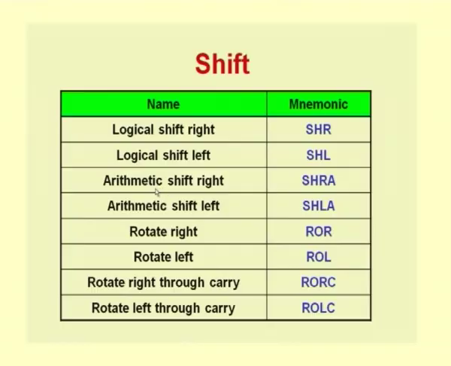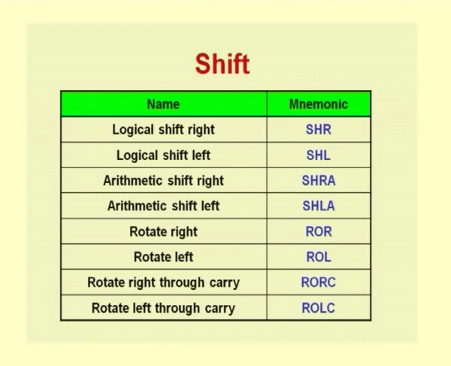This kind of arithmetic shift right and left is very useful when you are doing arithmetic operations like multiplication and division by a factor of 2. Remember that when you are dealing with binary, shift left is equivalent to multiplying by 2, and a shift right is equivalent to dividing by 2. So, when you do an arithmetic operation, it becomes easy because even when you are dealing with negative or signed numbers, the arithmetic operation gives you the correct value.